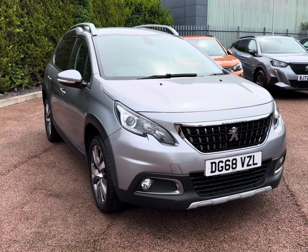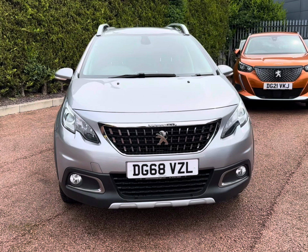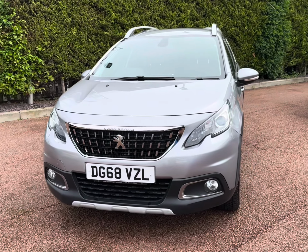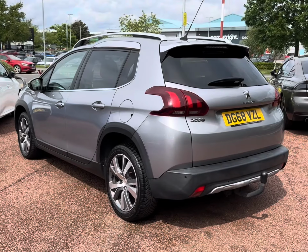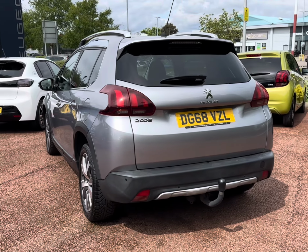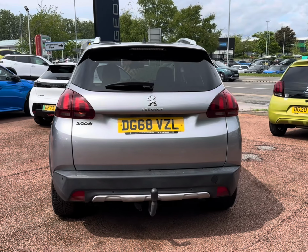Say hello to the 2018 model Peugeot 2008 PureTech GPF Allure that just comes complemented in the modernised grey paintwork, really highlighting those fantastic exterior features. It does come in exceptional condition alongside your 1.2 petrol engine, ensuring this is the ideal spacious upgrade for any